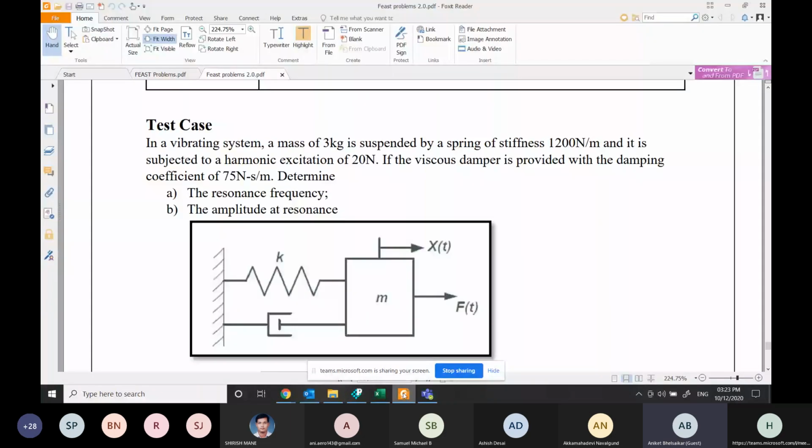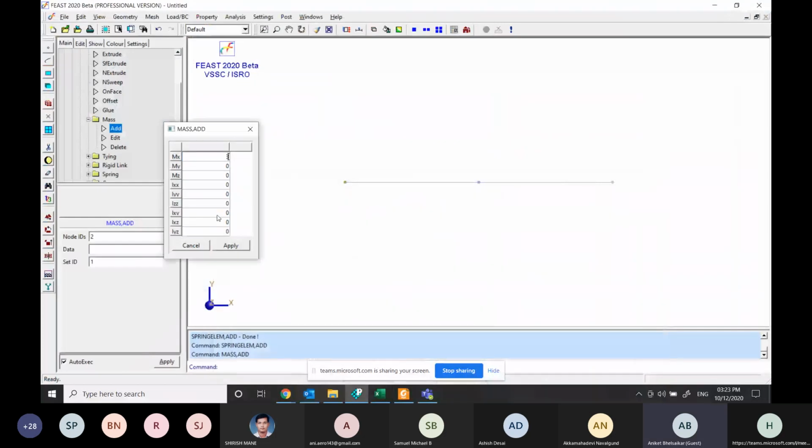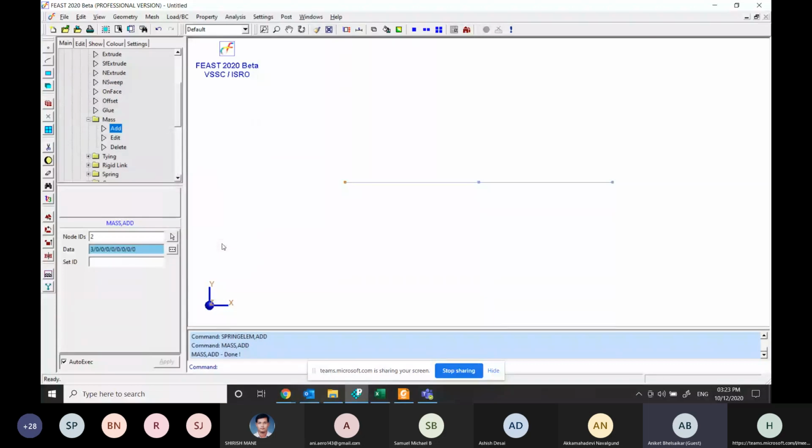You can see in the PDF the value of the mass is 3 kg. So here you can see the 3 kg is suspended by a spring. And I'll click on apply. So the spring element is added and the mass element is added.